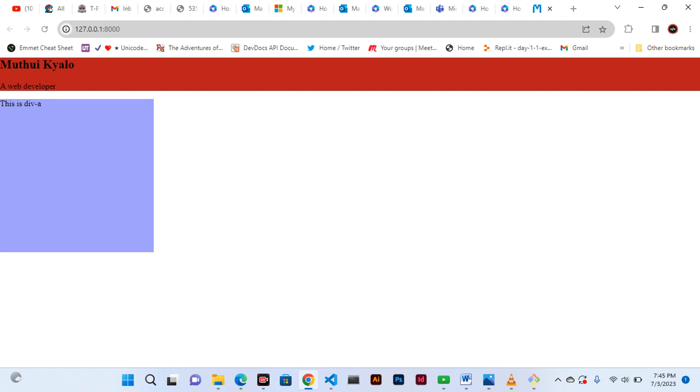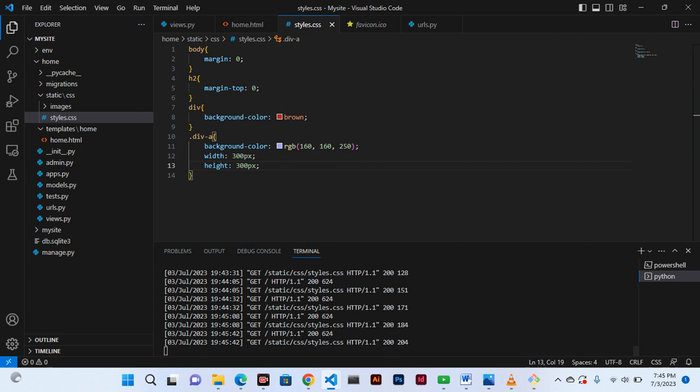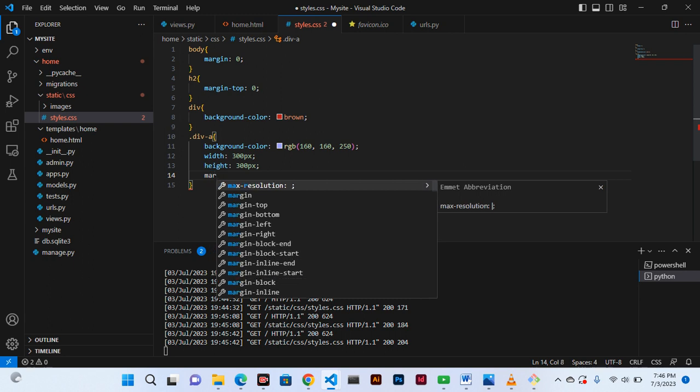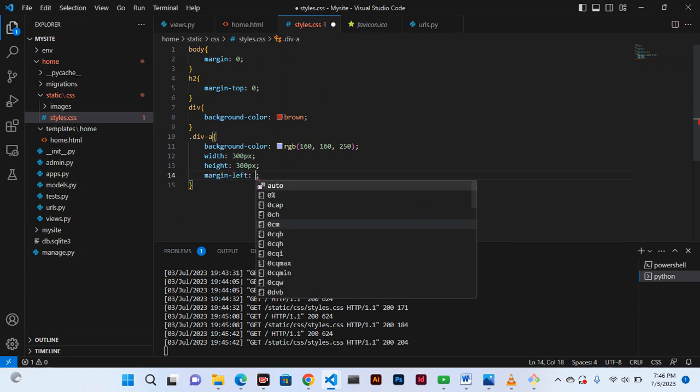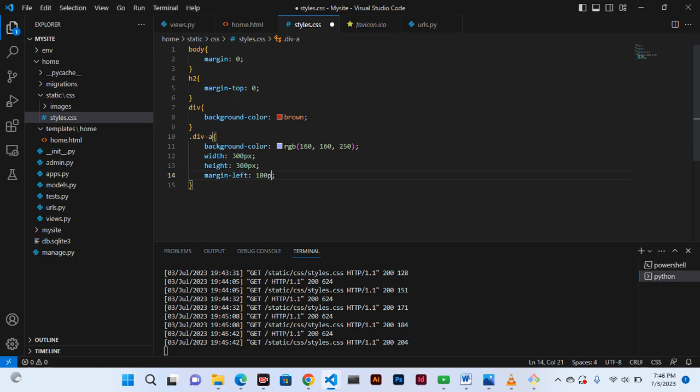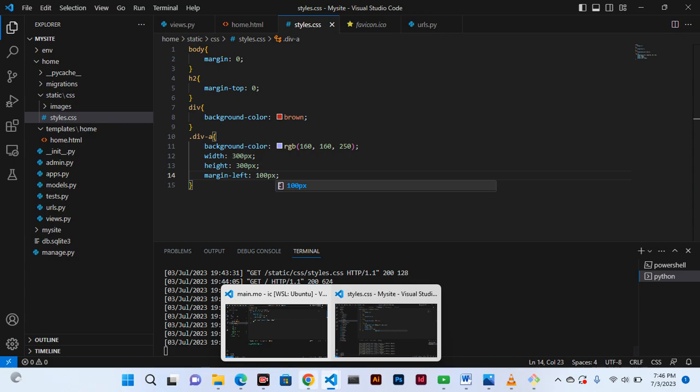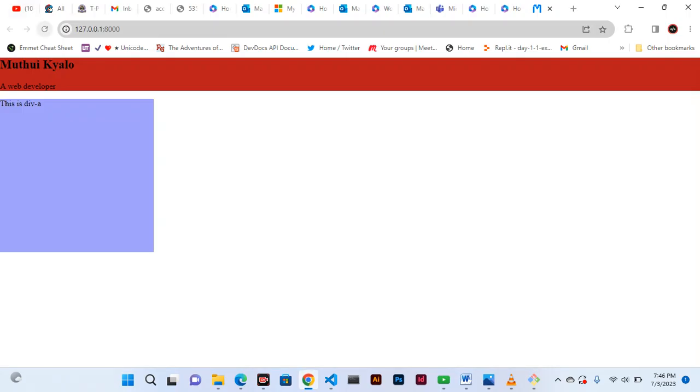yeah, but it is so far left, so I want to move it from the left. For that we use margin, and I want margin left. Margin left, let's say 100 pixels. Control S to save the changes and refresh the page. Yeah,